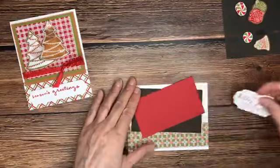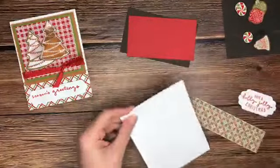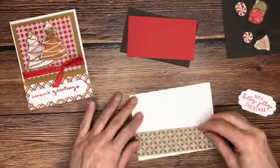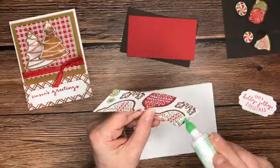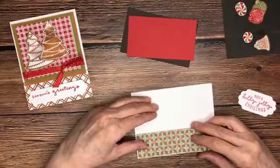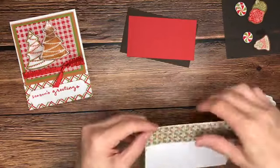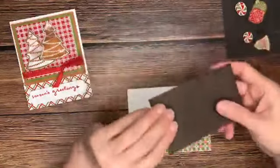So this time I'm orienting it a different way, but we're using the same card base. And again, it's a top fold, but this is kind of a fun little way to have a little bit more interest going that other direction. So let's glue this strip on, and I don't think I made this one quite as wide. But you know, this is a great use for little strips of DSP that you have left. You can always even layer those. I know in our class, I think it was just this past month, we actually used a strip and then another smaller strip and flipped it over. So this is like my favorite new trick